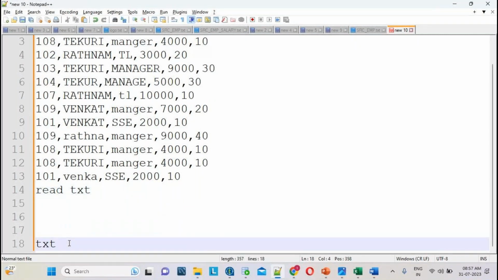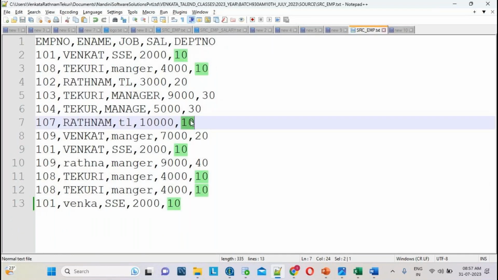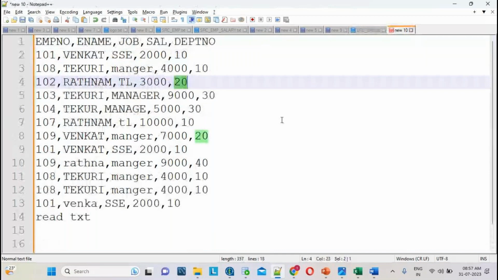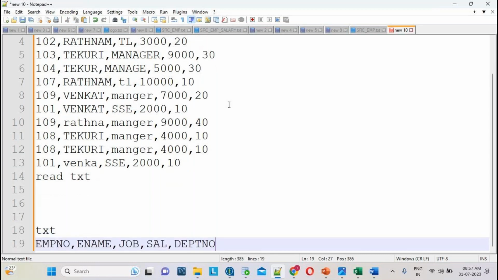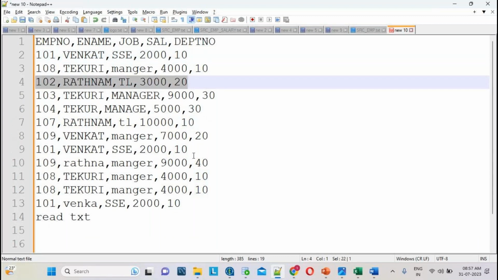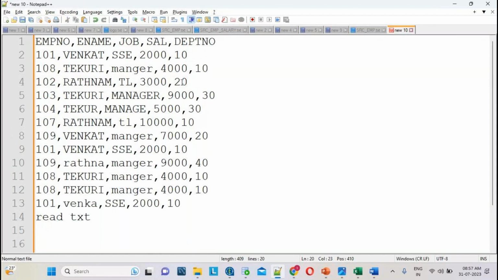While generating, I want to load only DEPT number 20 records. So DEPT number 20, how many records are there, team? Online people? Two records. I don't want to load all the other records. I want the header record. I don't want anything other than DEPT number 20 records. I want to load only DEPT number 20 records. This one. So I have one more record.